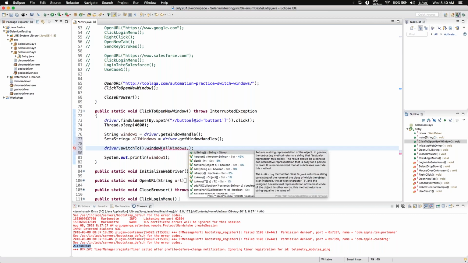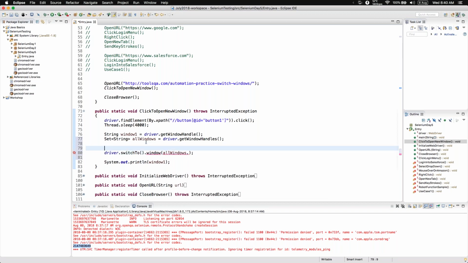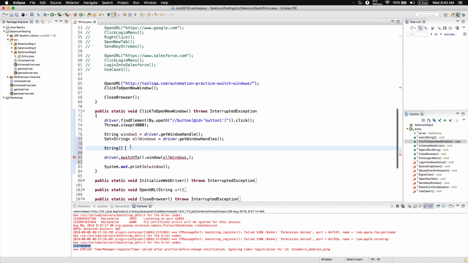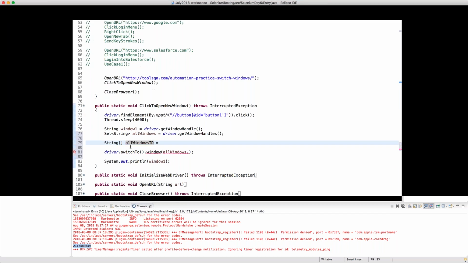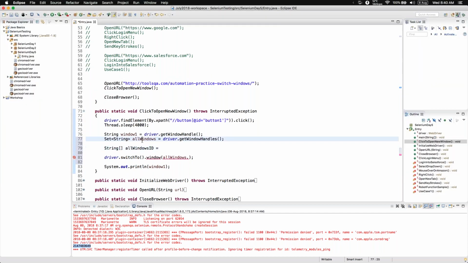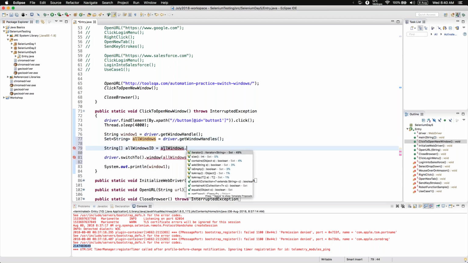Actually, if we store all windows in an array list, then we can do get 0, 1, 2. Yeah, it's better to do that instead of a set. I'll just give a different name. Maybe I'll give ID, because it's some unique string, right? I'll just name it like that, and then dot to array,